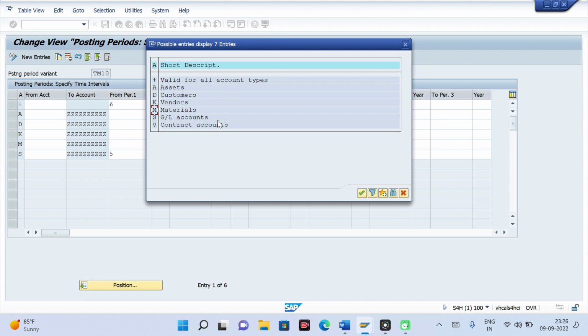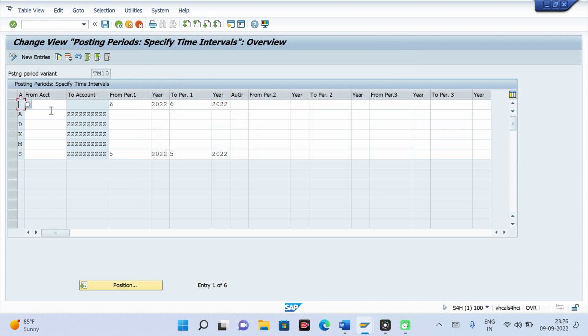Now, after understanding that, you can open or close the period at the account type level. Second one is based on the GL. So for which GL you want to open, for which GL you want to close, at that level also you can open or close the period. Third one is you can open or close at the authorization group level.